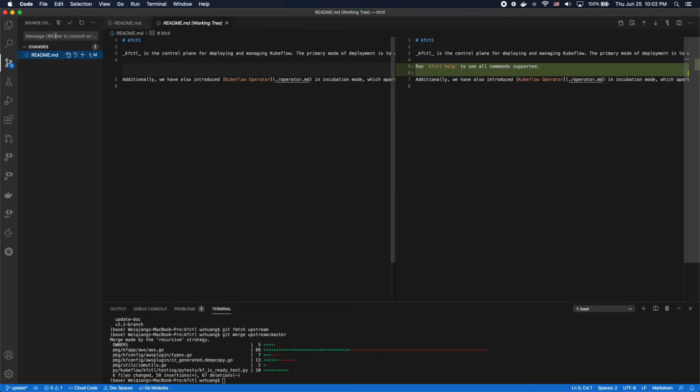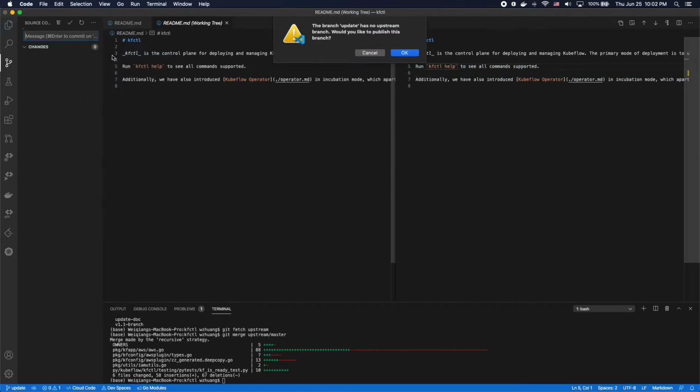So let's say I want to commit this change. I say update README, and I do a commit. It asks whether I want to stage these changes. Yes. So I go to the commit, and I can also just push to my private repo. Once it's done,